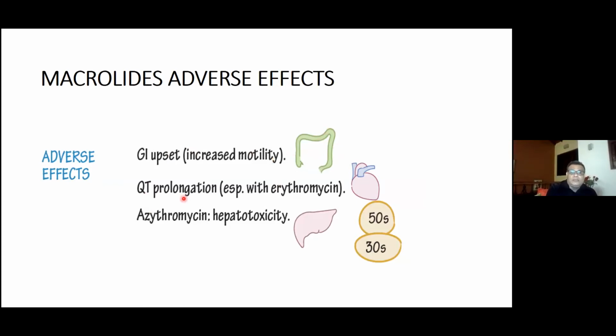And the other thing is, it affects the heart rhythm. QT time in the ECG can get prolonged. This is more prominent with erythromycin. Actually, when erythromycin is given with an antihistamine, that action will get more prolonged. So be careful when you prescribe erythromycin and antihistamine together, especially in arrhythmia patients. As with all macrolides, they all have hepatic toxicity, and they can cause jaundice because of hepatic involvement.